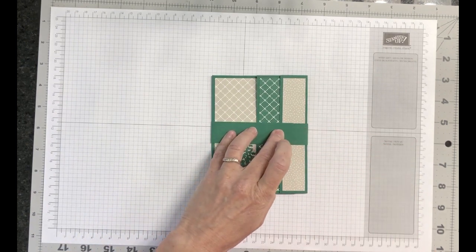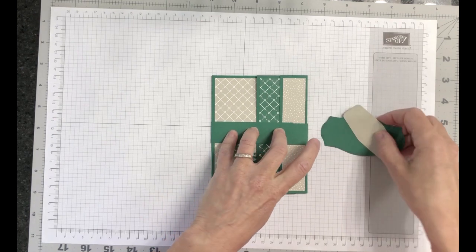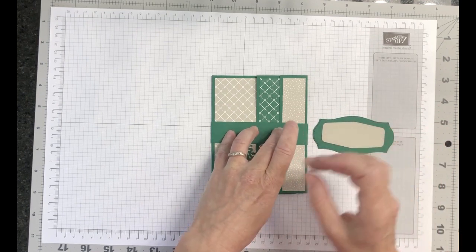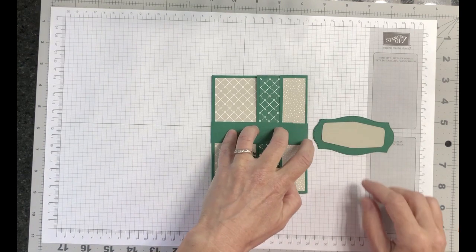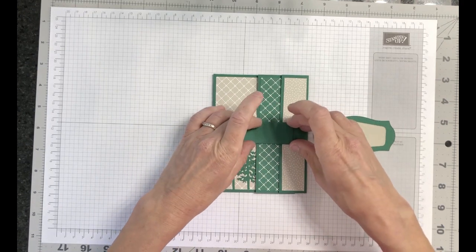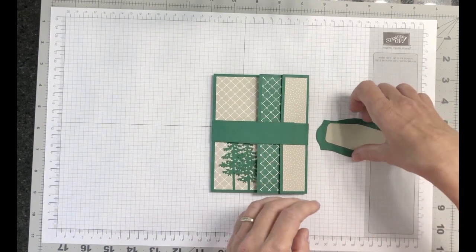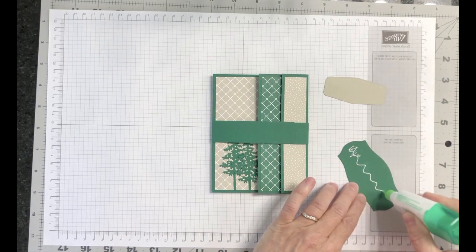And hold that for just a second. And then also included in your supply list were 2 layering labels or punches, die cut labels or punches. I'm using 2 labels here. They came from Stampin' Up's Tasteful Label Dies, and I've cut them in 2 coordinating cardstock pieces that coordinate with my designer series paper. So my larger one here, I am going to actually flat glue onto my belly band,